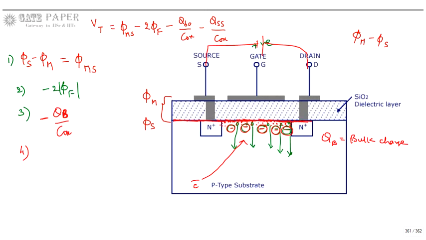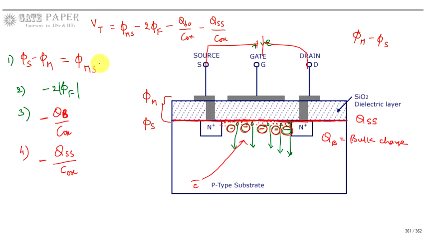We call it QSS, which is an undesired positive charge present in the interface between oxide and bulk silicon, mainly due to impurities and imperfections at the interface. We cannot remove that one, so we must be able to compensate it. To compensate it, you must apply a voltage. The voltage which results because of QSS is QSS by COX, and you must compensate by applying an equal amount of voltage in the opposite way.